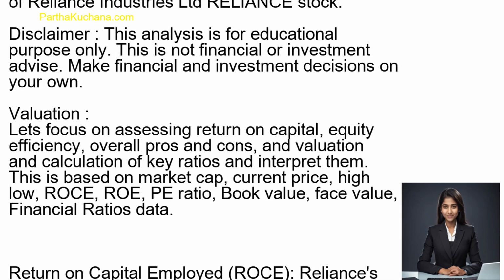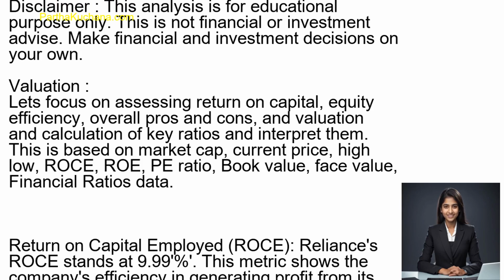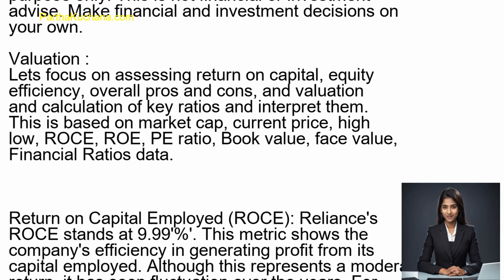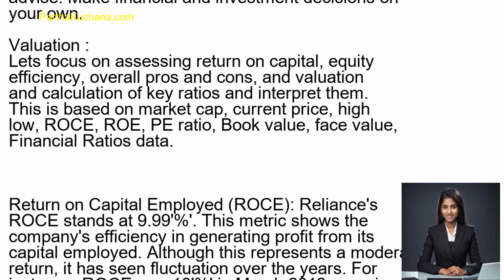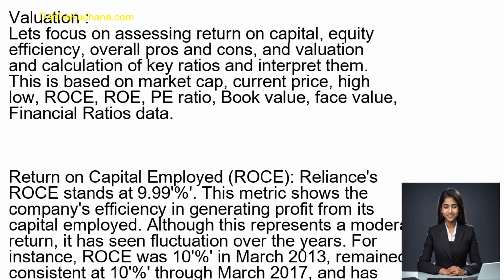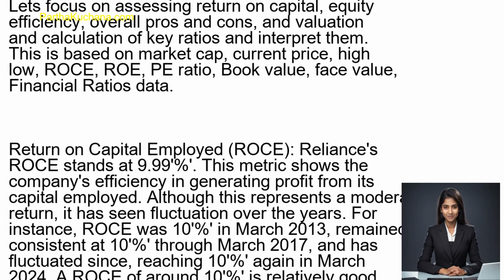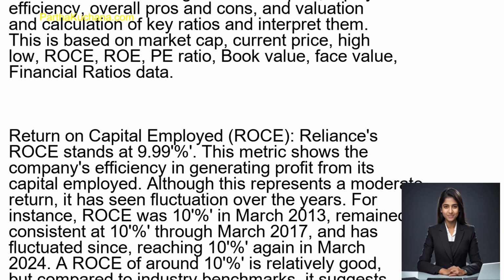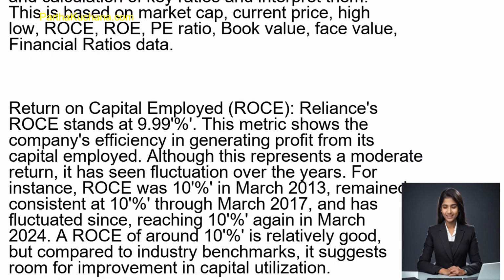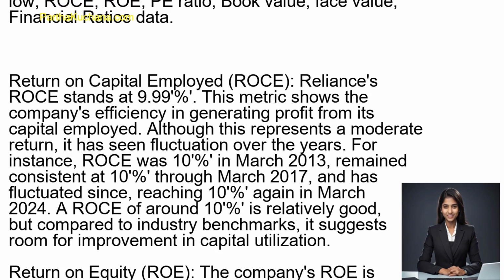This metric shows the company's efficiency in generating profit from its capital employed. Although this represents a moderate return, it has seen fluctuation over the years. For instance, ROCE was 10% in March 2013, remained consistent at 10% through March 2017, and has fluctuated since, reaching 10% again in March 2024. A ROCE of around 10% is relatively good, but compared to industry benchmarks, it suggests room for improvement in capital